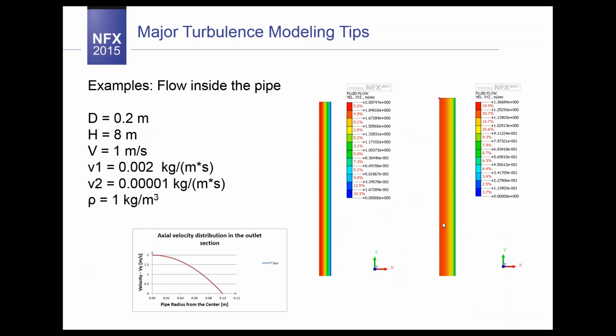I will show you the results for this very simple flow inside the pipe. So here you have the data. The model is axisymmetrical, so this CFD analysis has been done using that feature. The diameter is 0.2 meter, height is 8 meters, the speed is 1 meter per second, and depending on the viscosity, we are judging if the flow is laminar or turbulent. So let me switch